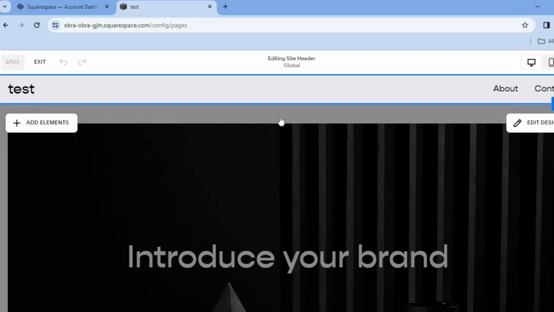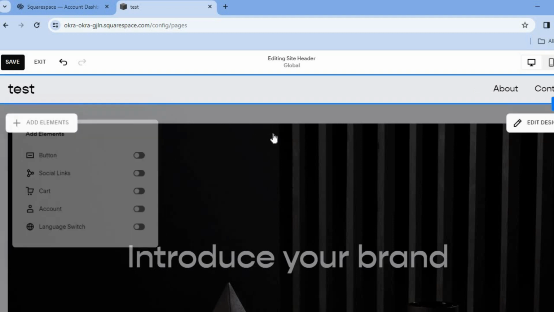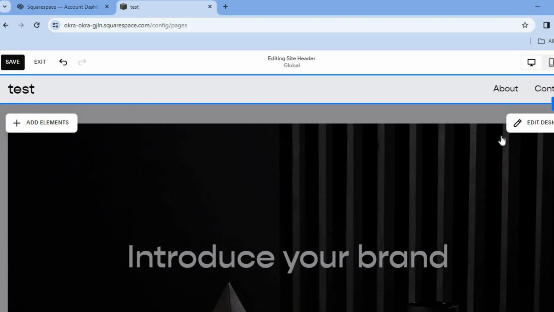You can also add elements. So for example, let's say you would like to add your social links. You could tap on add elements. Then from there you could simply toggle on social links, and you will realize that a social link has now been displayed, and you can tap on it, and from there you could enter in your Instagram account, your Facebook account, or so on. After you're finished with that, you can tap on each section and you can continue editing it